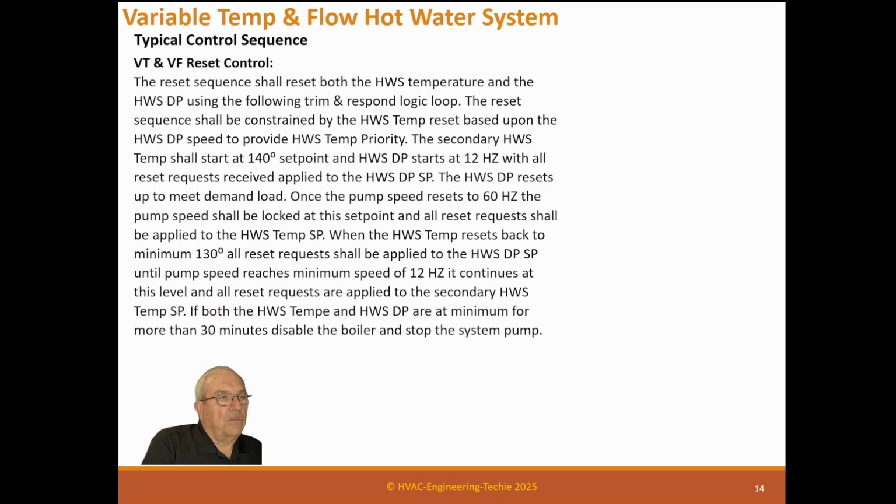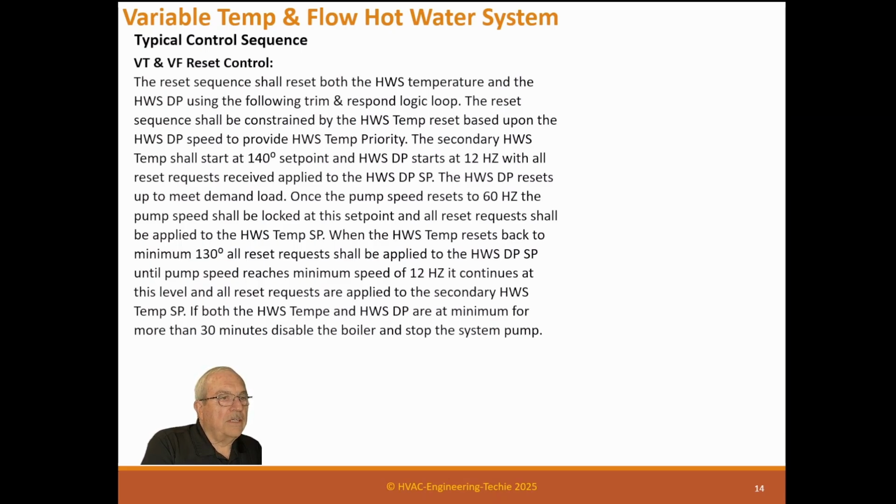The secondary hot water temperature shall start at a 140 degree set point, and the hot water supply differential pressure pump speed shall start at 12 Hertz. With all reset requests applied to the hot water differential pressure set point, the hot water DP resets up to meet the demand load. Once the pump speed resets to 60 Hertz, the pump speed shall be locked at this point, and all reset